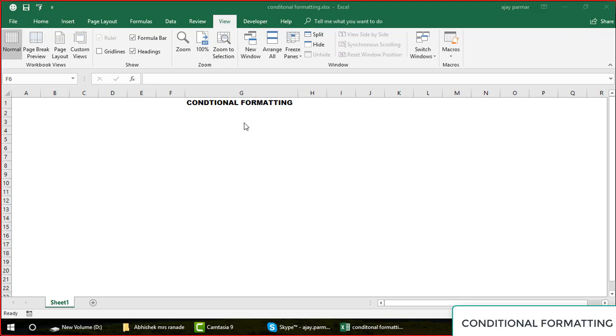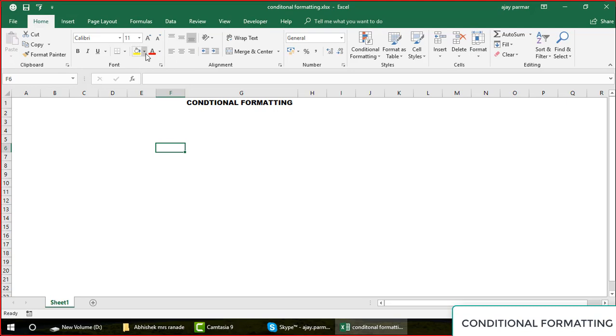So generally, if your project is doing great, then you can show the color of a cell as green, and if it is not doing well, let's say if it is below target, then you can show the color of the cell as red. Now, I'm not talking about these colors, this is something manual. I'm talking about conditional formatting, so how you can put the formulas in the